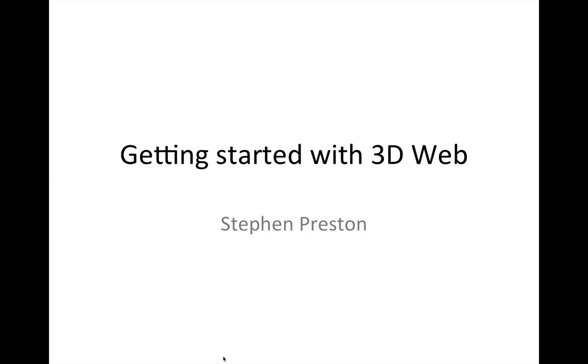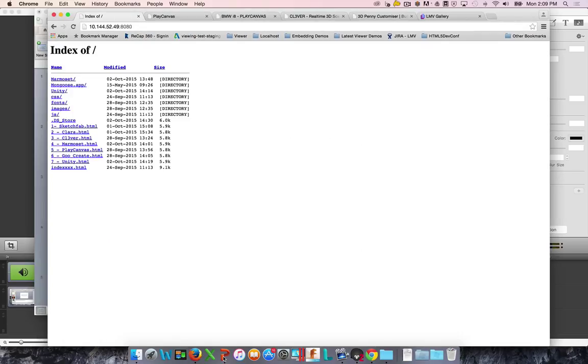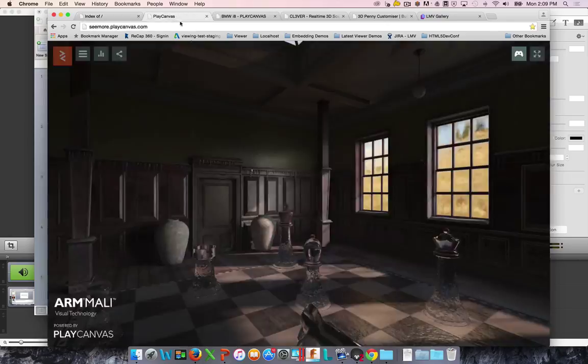So the first part of 3D Web is, why are we doing this? Why is 3D Web something that you should be thinking of? So I'm just going to run a few demos here. I just have a few that I've preloaded, just to give you an idea of the kinds of things you can do with 3D content on your web pages. So this first example here is actually written using a tool called PlayCanvas, which I'll briefly review later on